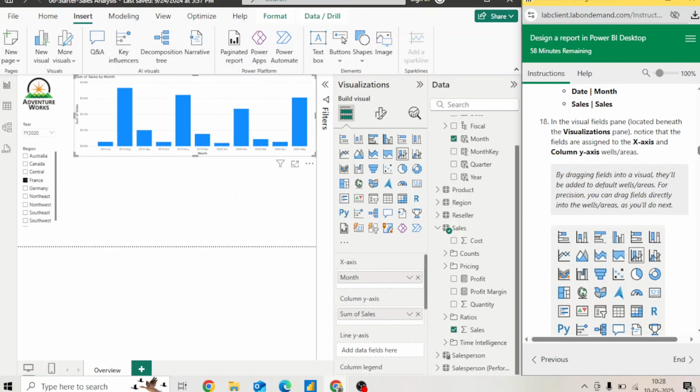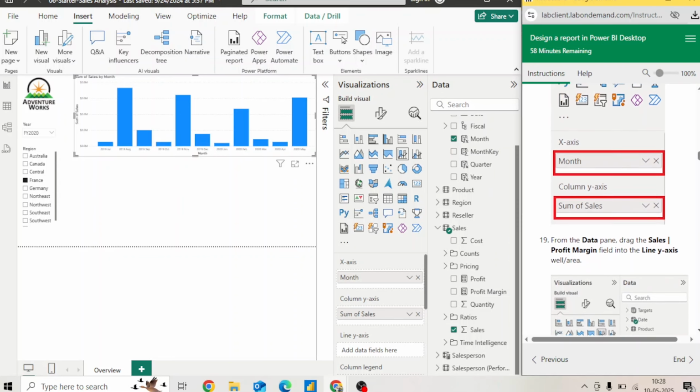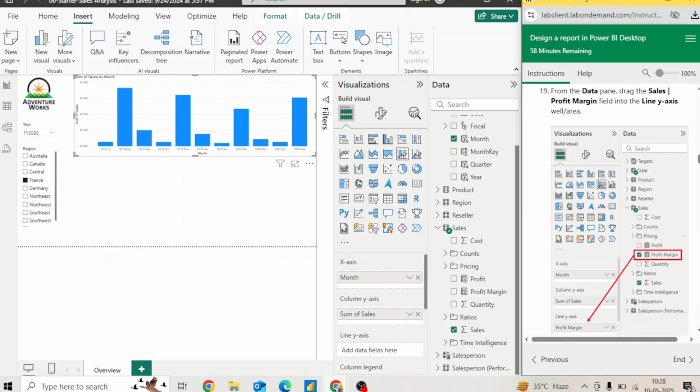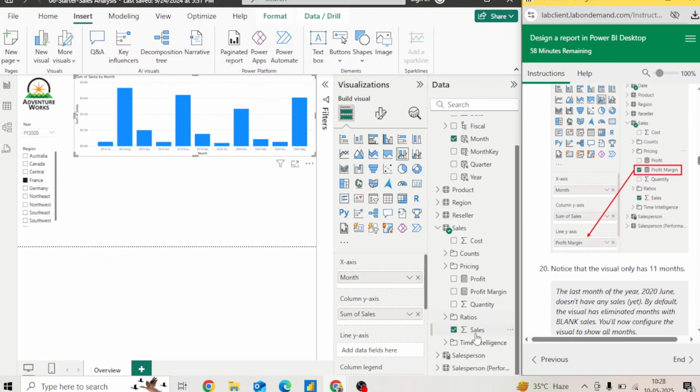Okay, so we go down, and this is the sum of sales. From the data pane, drag the sales profit margin field into the line y-axis area. Okay, so this is the profit margin, and if I drag it into the line y-axis, what line y-axis will do,